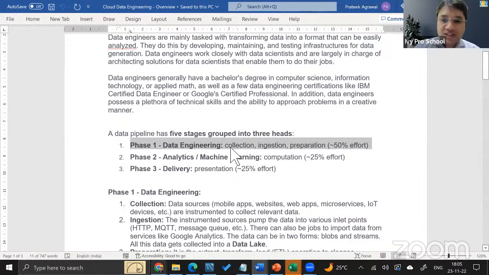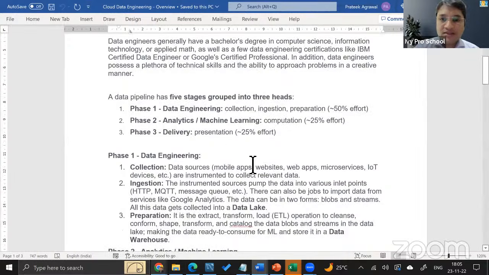As you can see, in data engineering, there are a few most important things that we do, which we call collection, ingestion, and preparation. Now, what is the meaning of collection? Collecting the data from different sources. For example, if you look at Swiggy, they may get orders from their web portals, they may get orders from phone, they may get orders from apps, right? So the data could come to Swiggy database from multiple different sources, right? So that is called collecting the data from different platforms.